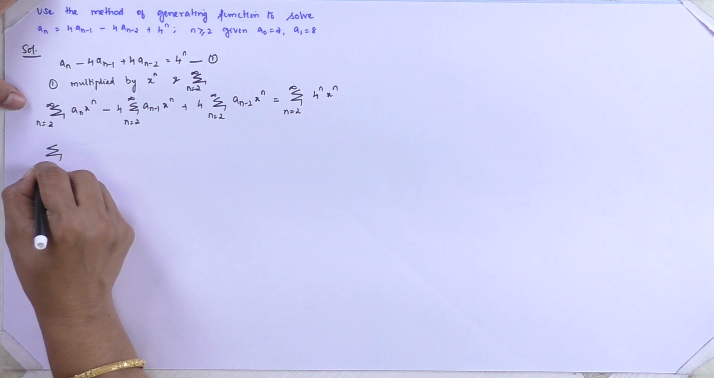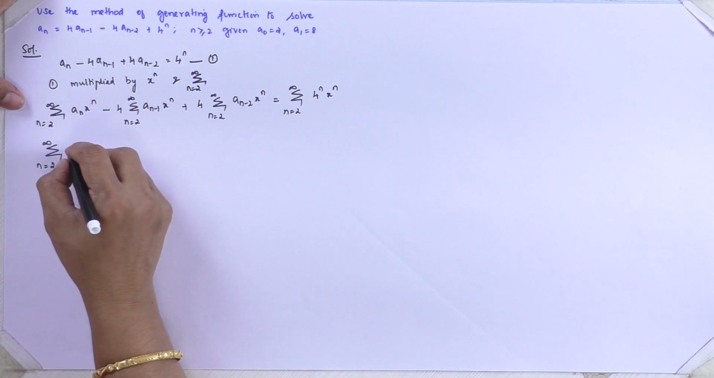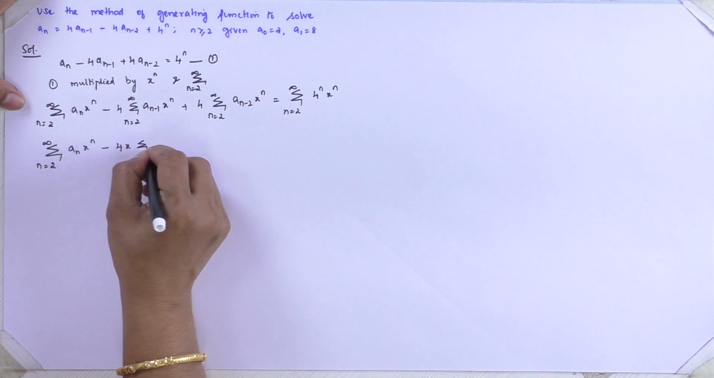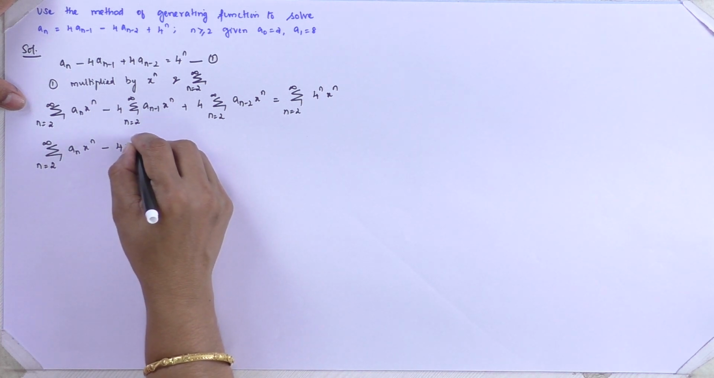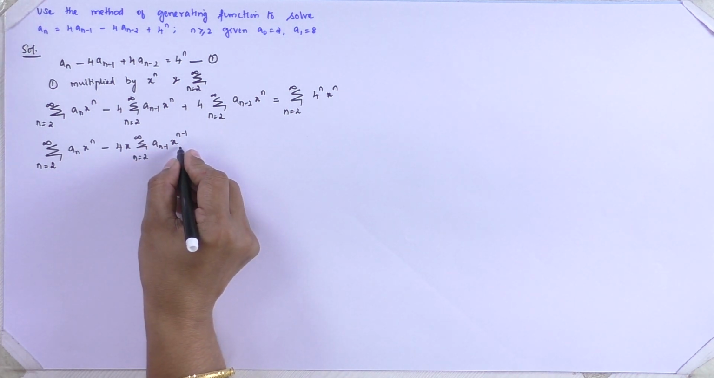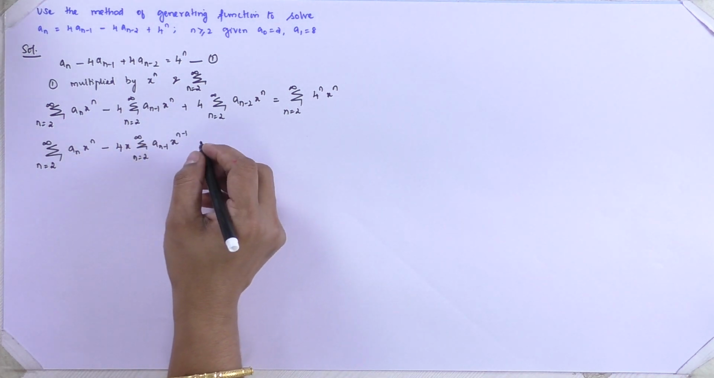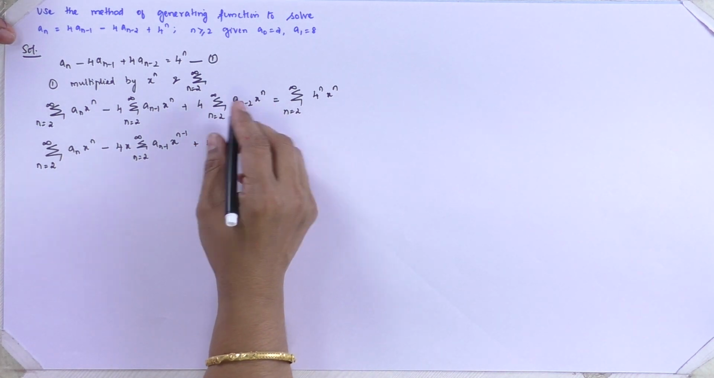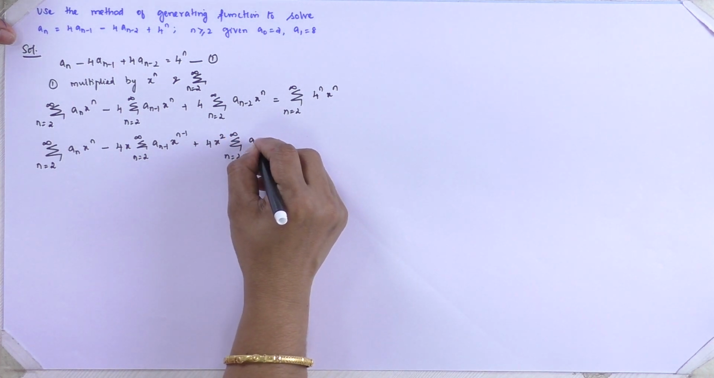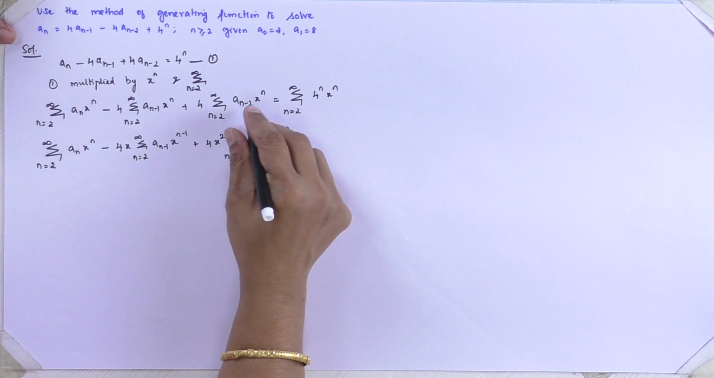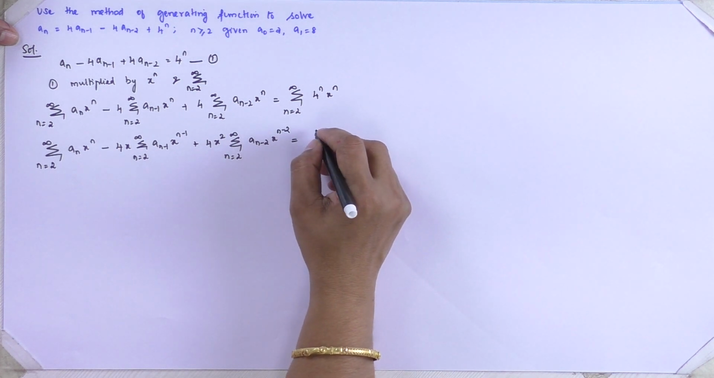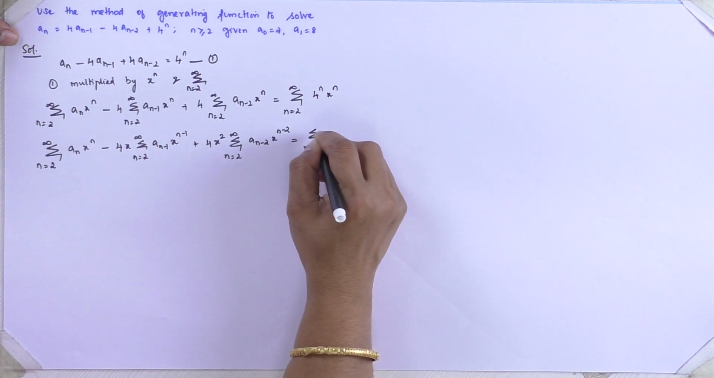So, with that I will have summation n equal to 2 to infinity a n x raised to the power of n, minus 4x summation n equal to 2 to infinity a n minus 1 x power n minus 1. So, this x when it comes inside the summation gives x power n, plus 4, taking one x square outside, summation n equal to 2 to infinity a n minus 2 x raised to the power of n minus 2. If I bring this x square inside now, I get x power n, which is equal to summation n equal to 2 to infinity